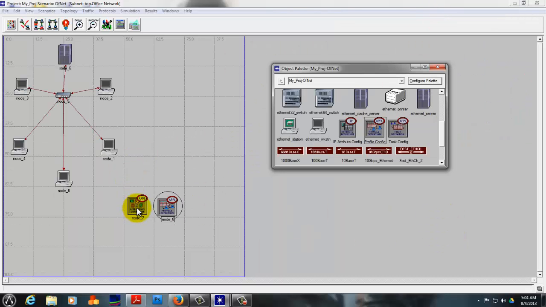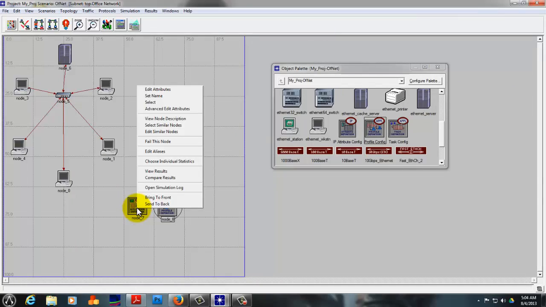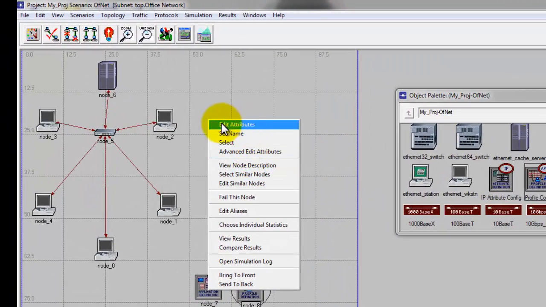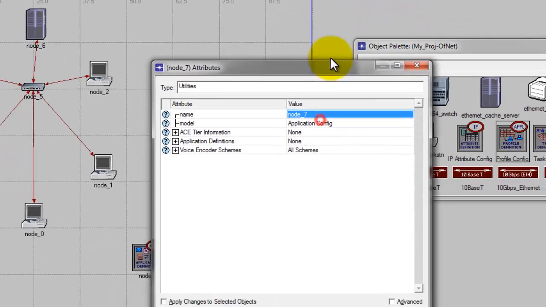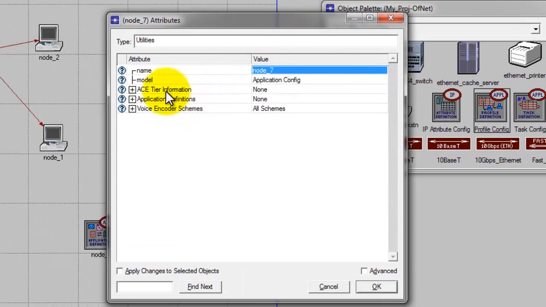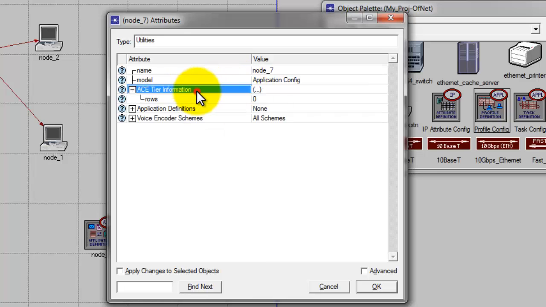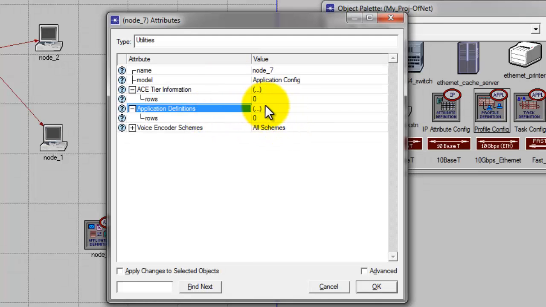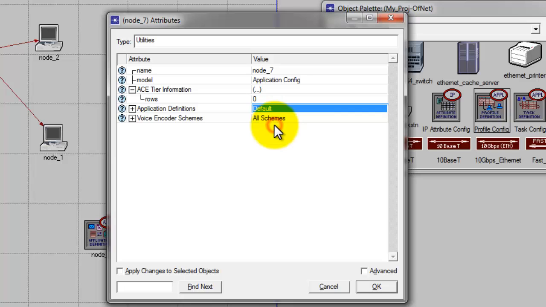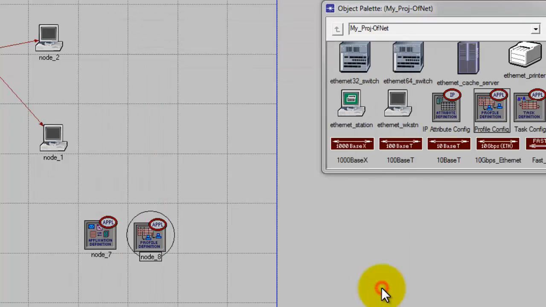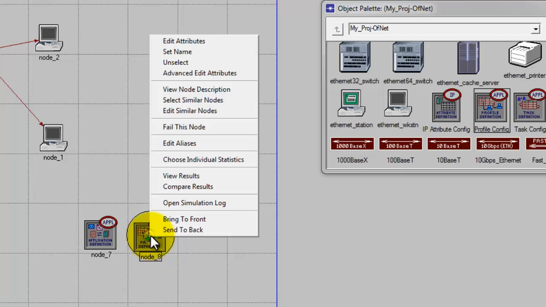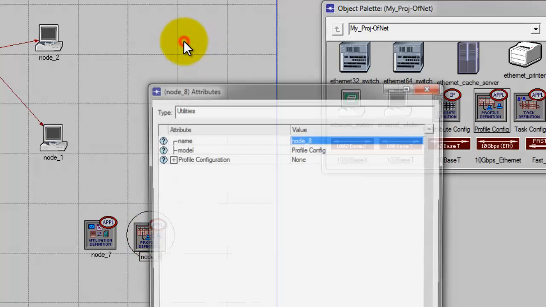For the application configuration first, right click on it and then choose Edit Attributes. Over here, we have to set the application definitions to default, and then click on OK. Then go to the profile configuration, right click on it and then choose the Edit Attributes option.